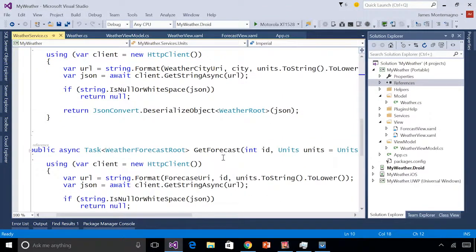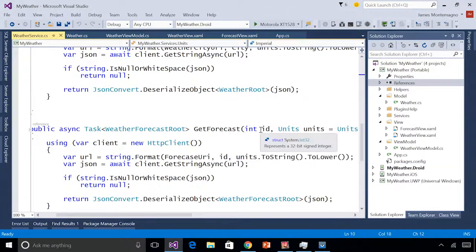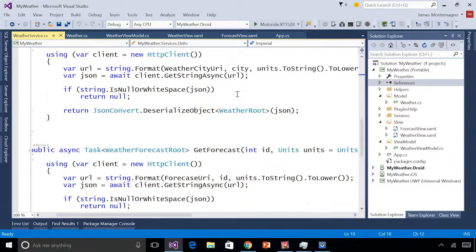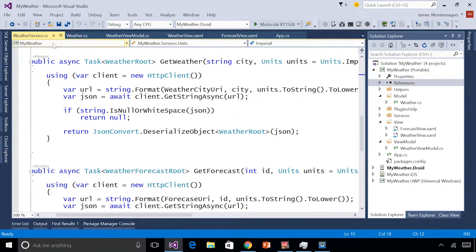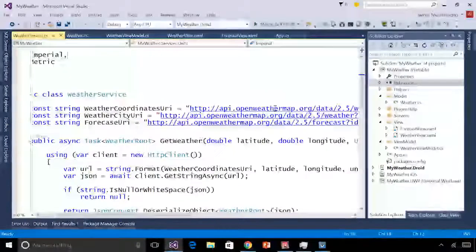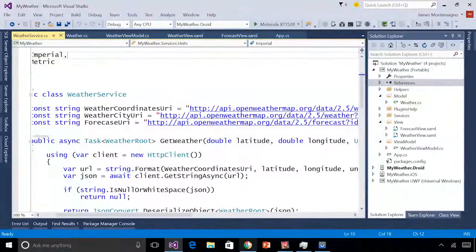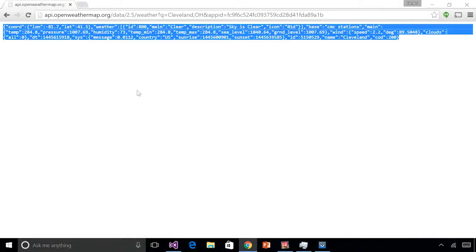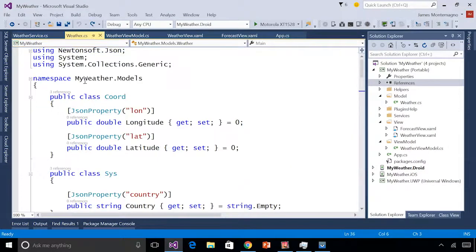Additionally, I can go down here and get a full 5-day forecast for a specific city that I have. Now, what are these weather forecast routes and weather route objects that I'm going to be deserializing? Well, what I did here is I took our OpenWeatherMap API call. Here it is, went ahead and copied it, and back in Visual Studio I created a whole bunch of weather